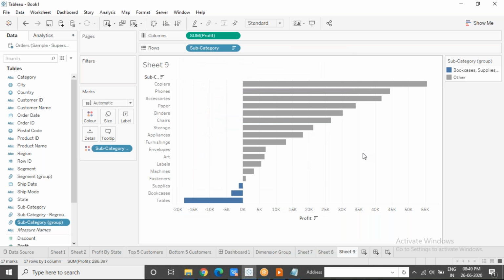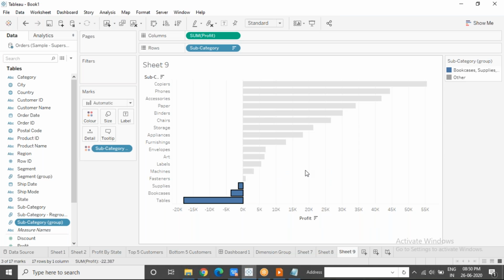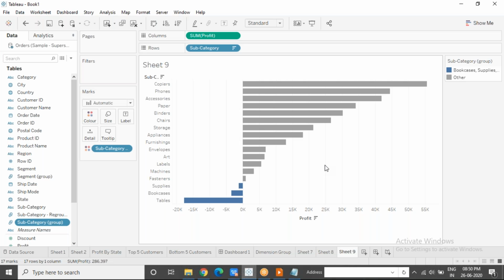Okay, now let's say I'm happy with this graph and my requirement is done. I was supposed to highlight the subcategories with loss in a different color and I did that. My requirement is complete here. But let us say